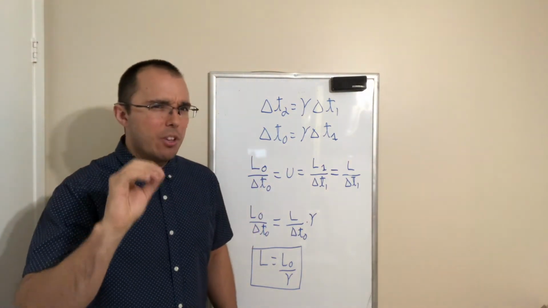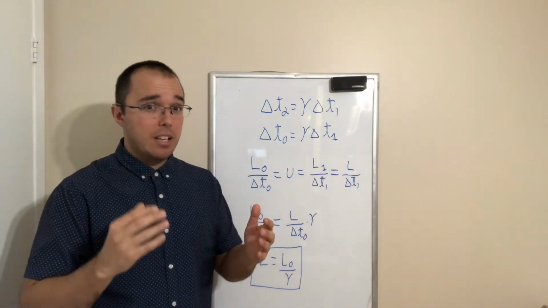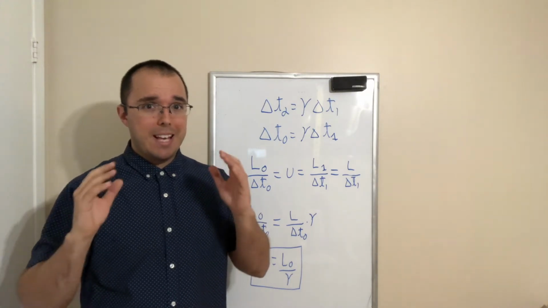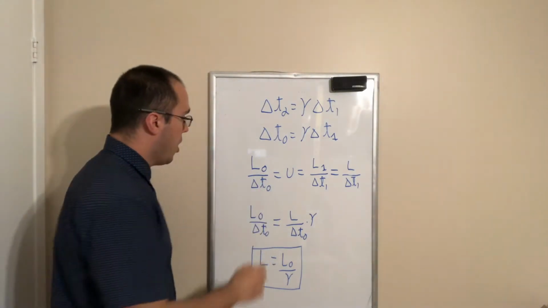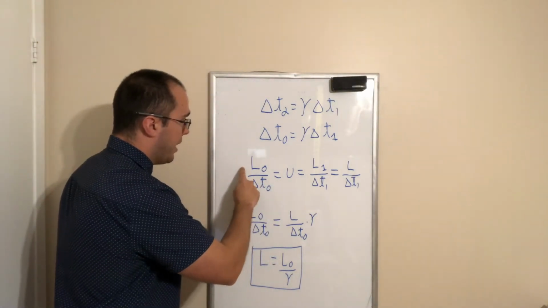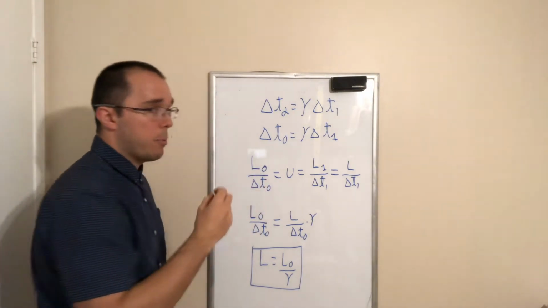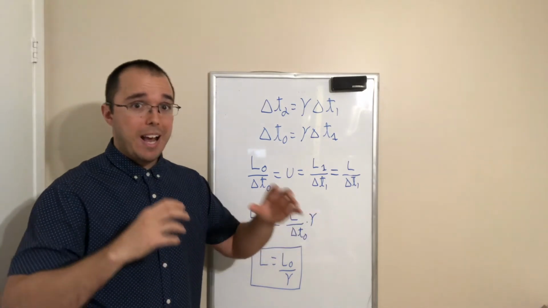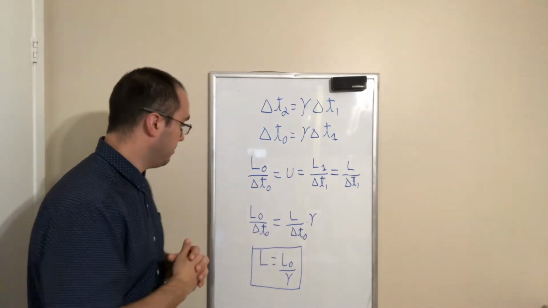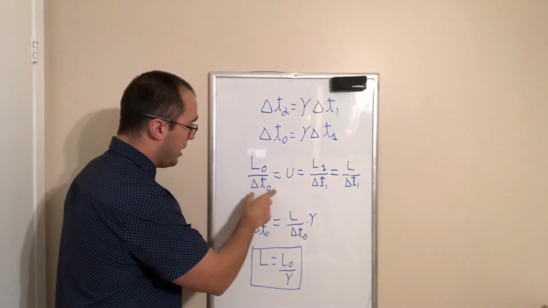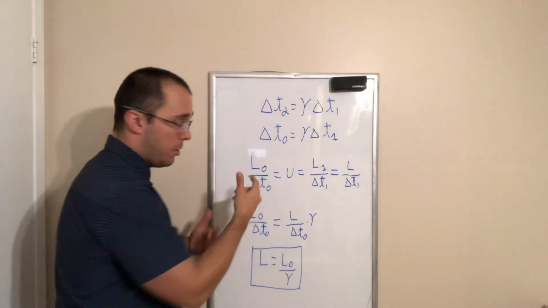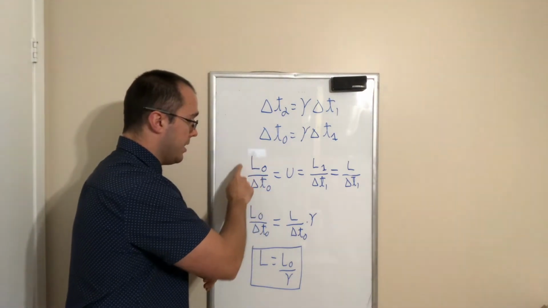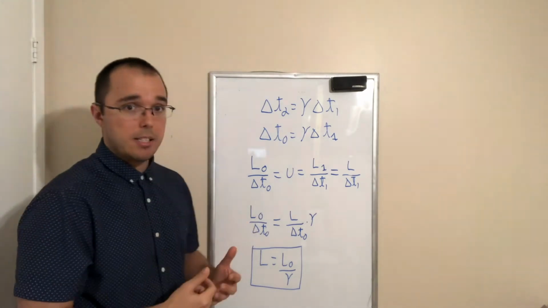All right. So let's have a look at what happens if the velocity measured in both frames is the same and stays constant. Basically, we have here L0, which represents the proper length. This is the length measured in the frame at rest, divided by delta T0, the proper time. So this distance divided by time is obviously the velocity.